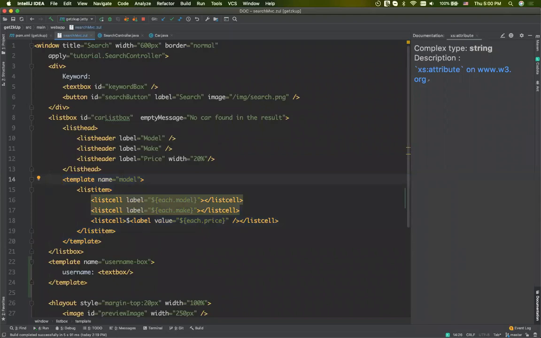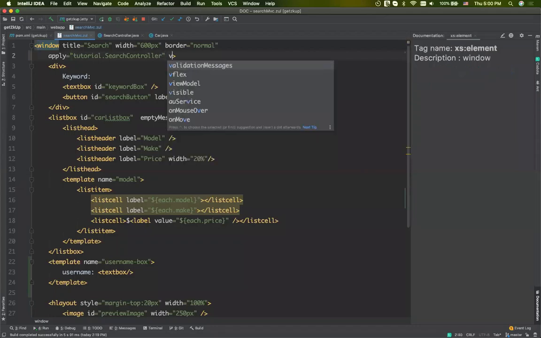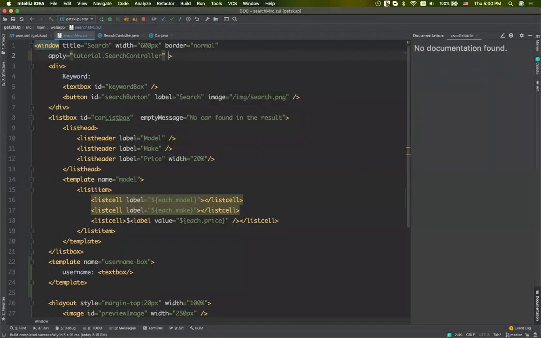Is it possible to mix MVC and MVVM in the same project? Yes, you can use both patterns in the same project, but we don't suggest mixing them in the same scope. I mean, in this window, I already use a composer controller, so it's not suggested to use, for example, a view model here. It totally works. I didn't mean it doesn't work. It will work,